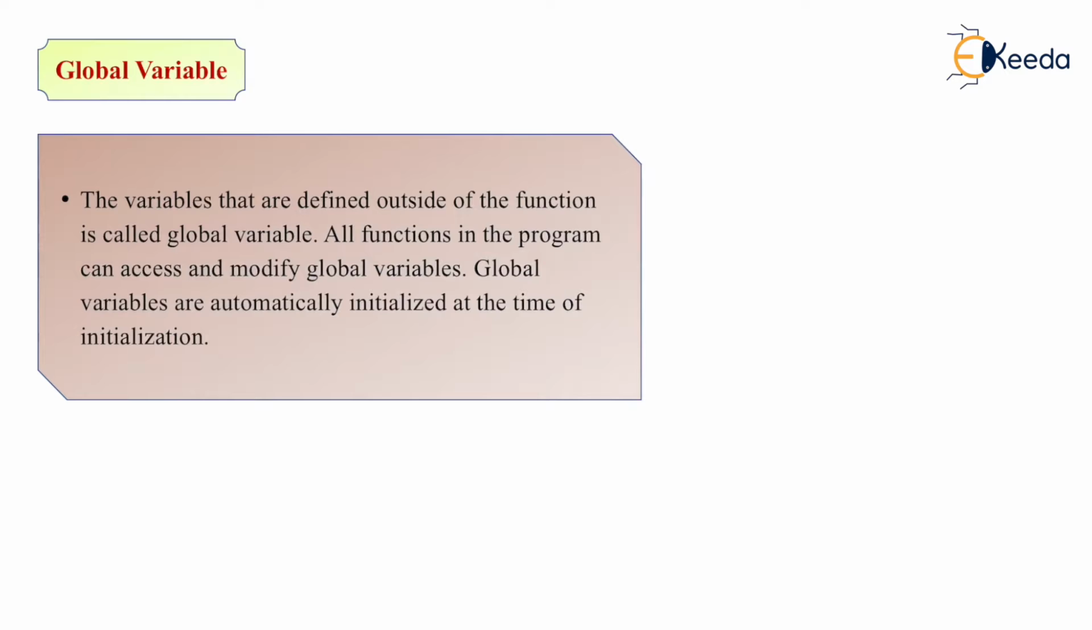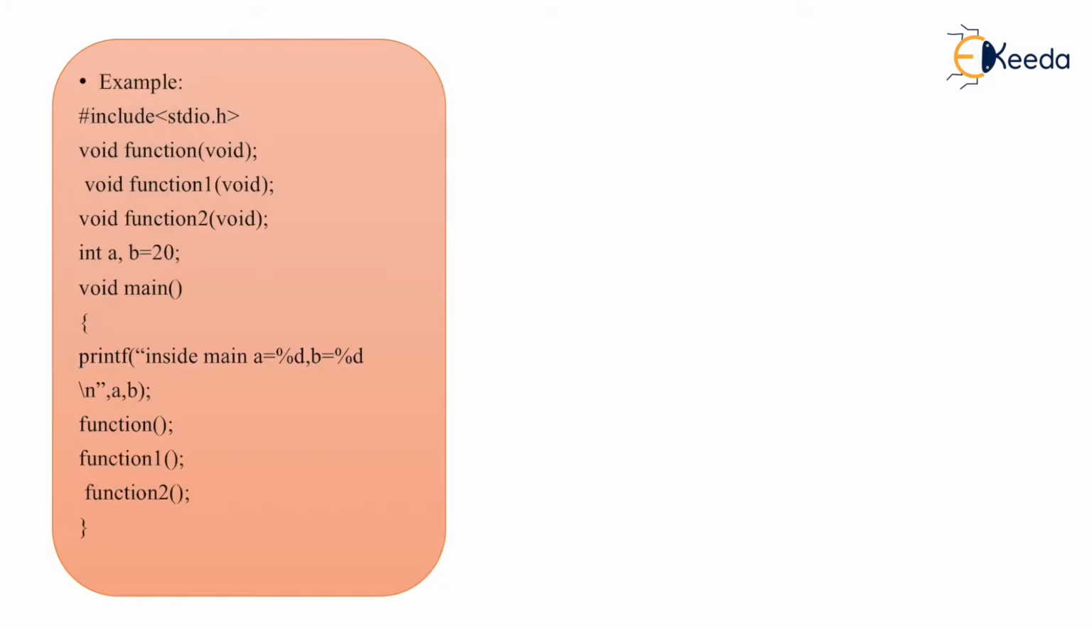Next is global variable. The variables which are defined outside the function are called global variables. All the functions in the program can access and modify the global variables. Global variables are automatically initialized at the time of initialization. So at the time of initialization only you have to define the variable initialization, and anyone can access that variable. That type of variable is called a global variable. For example,